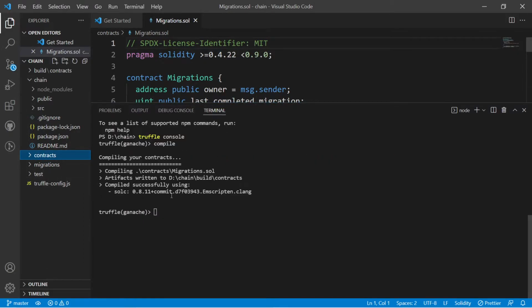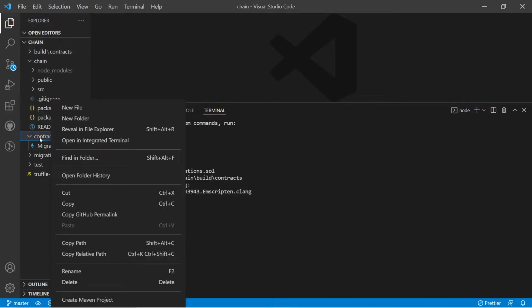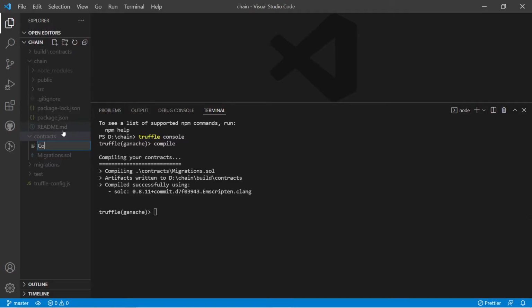Now the file that I have made is complete, but the practical part is pending. Let me do some practical work with contracts. Let me right click on contracts and go to new file. Let me name it contract.